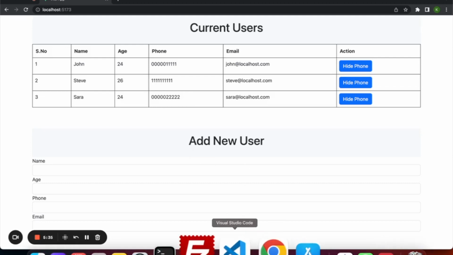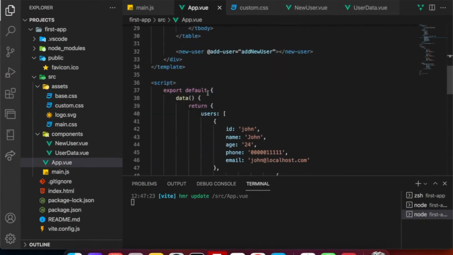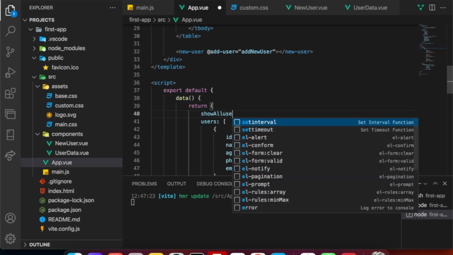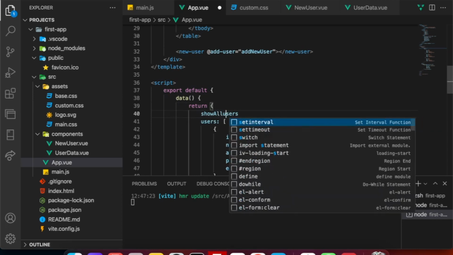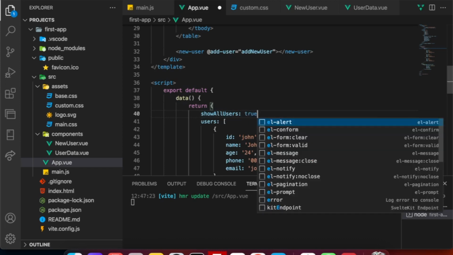So we can go to the app.vue. In the return itself, we can do like showAllUsers. First letter for every word should be capital. First one can be smaller. By default, we can set it to true,